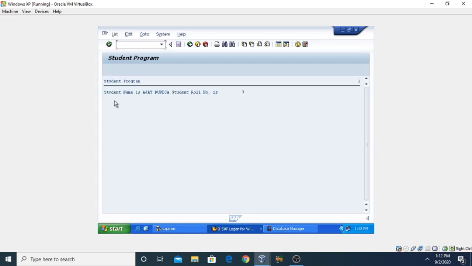So you can see this is the output: student name is Aziz Reza, student roll number is 7. So we have attached here for the writing. In a catalog we have created, and in this catalog we have added some data from the user side. For this we make a shared memory, a particular class, and make it a shareable memory.